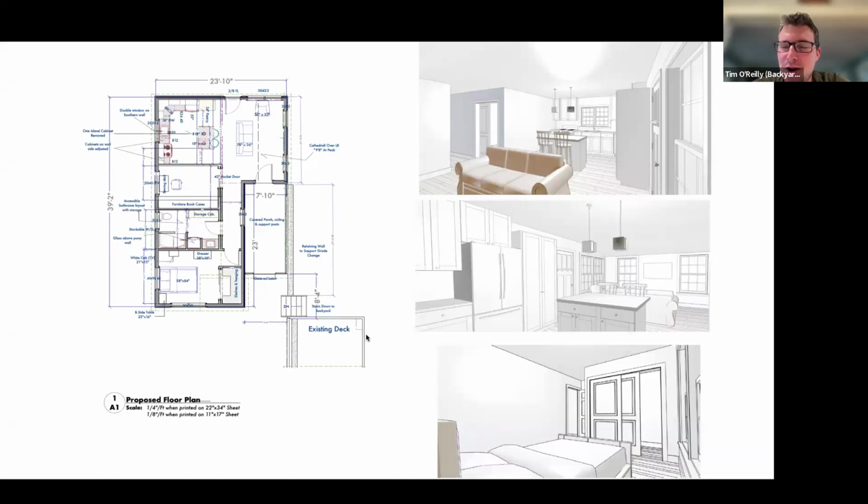So this is the one I mentioned earlier. They were absolutely hard capped at 700 square feet, but they had a big list of things they wanted to fit in here. And so we worked room by room, square foot by square foot, and packed a lot into 700 square feet. So the things I want to highlight for everyone tonight is the